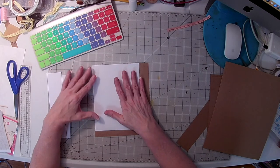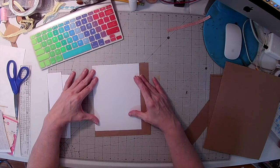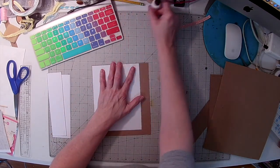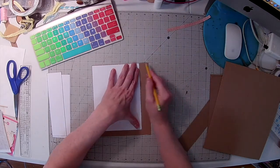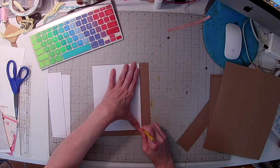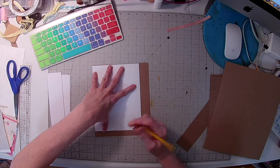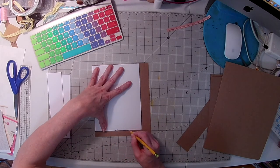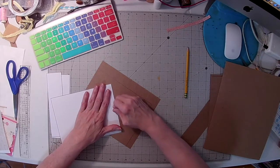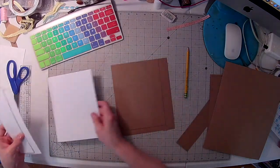These are not perfect because I was working and making just boxes and all that kind of stuff. So as long as you print them out in the same size, you should be able to come out with a successful album. So all you gotta do is just trace it, and you need 2 of these. Oh, don't do like I did. There we go. So you're going to need 2 of these, and this is the cover, and this is the